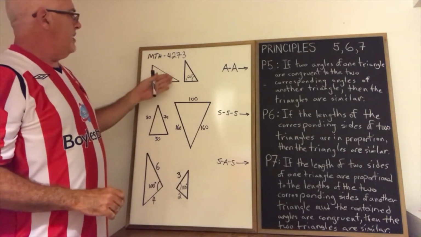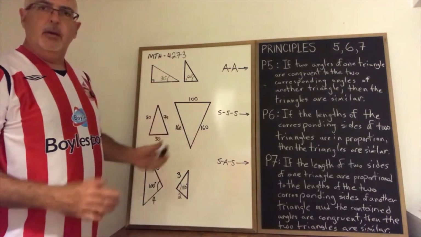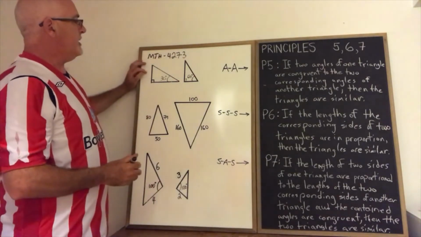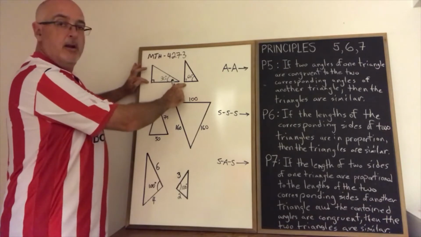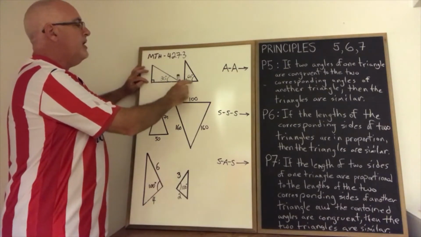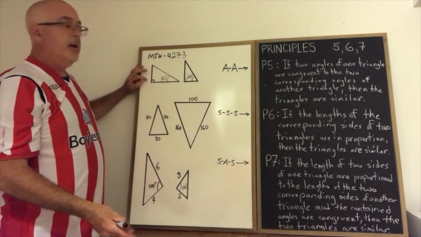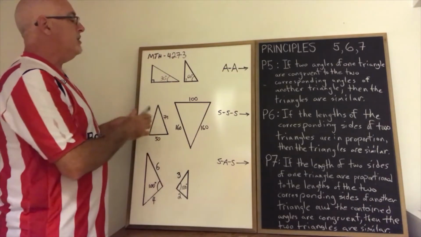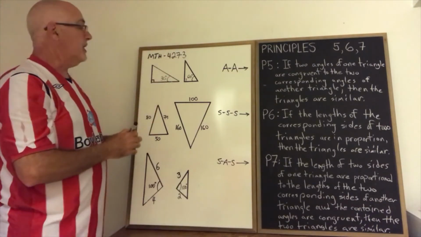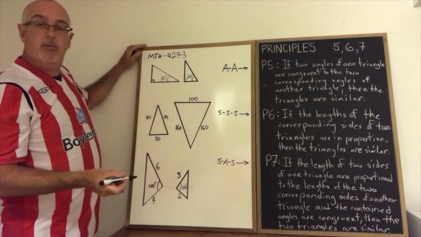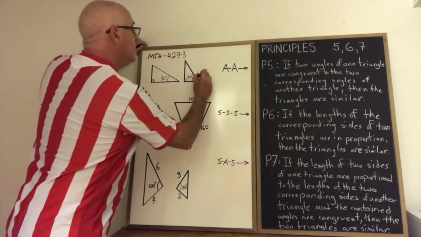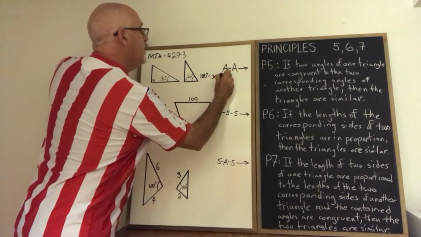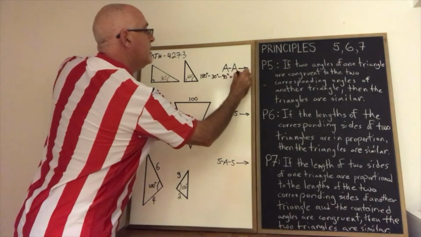Here I have three simple examples where I'm going to apply these principles. In the first example, we know that both triangles have a 90-degree angle, and the first has a 30-degree and the other has a 60-degree. So in trying to apply Principle 5, I need to know the corresponding angles, and in each case I'm missing one of the angles I'd like to look at. But I know that the three angles in a triangle add up to 180 degrees. So if I say 180 degrees minus 30 degrees minus 90 degrees, I get 60 degrees as the missing angle